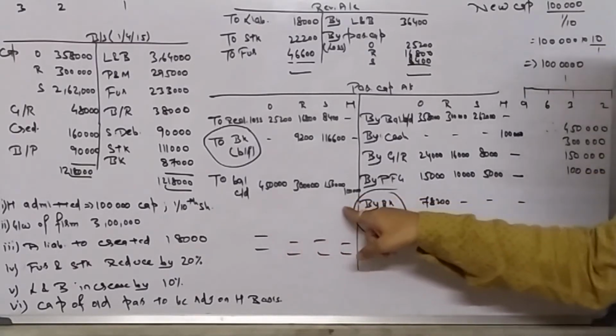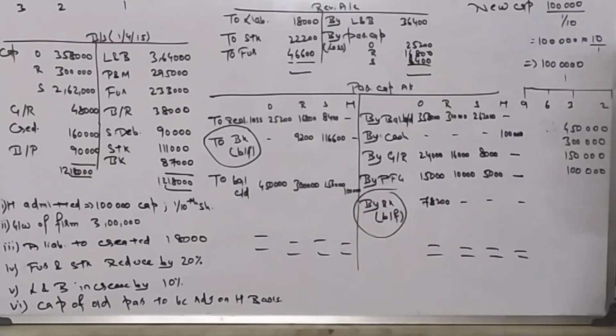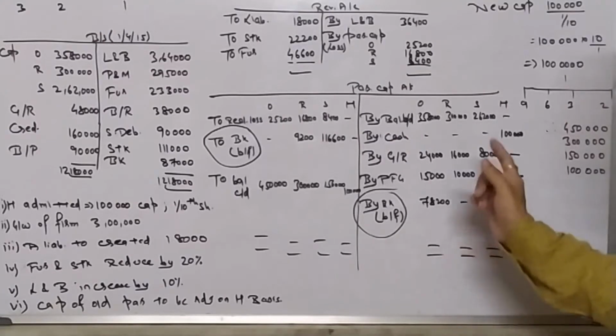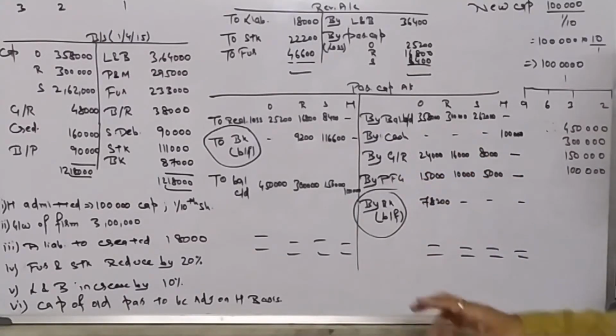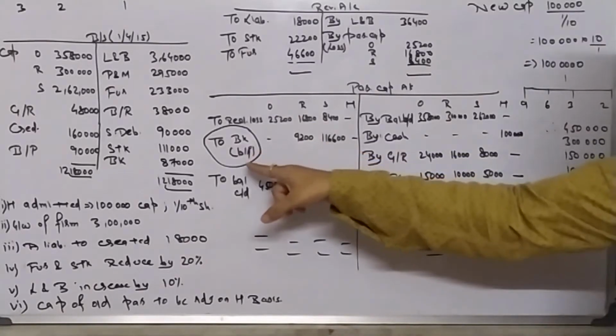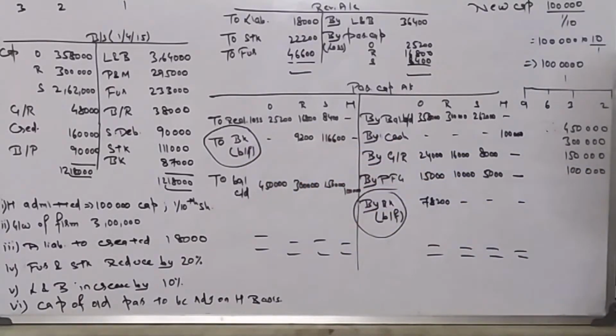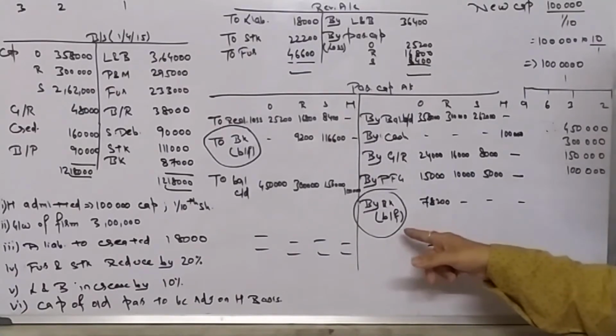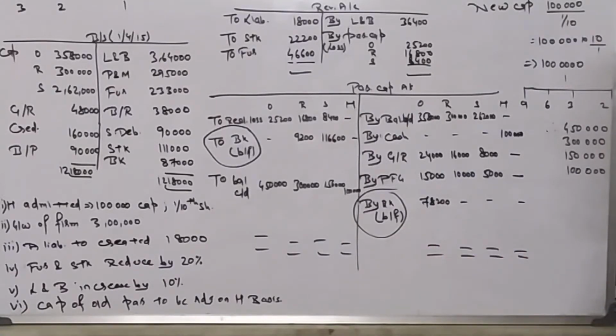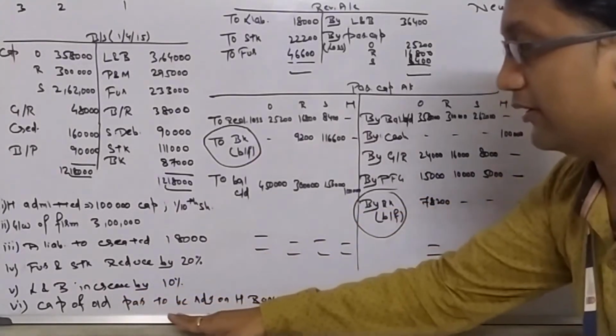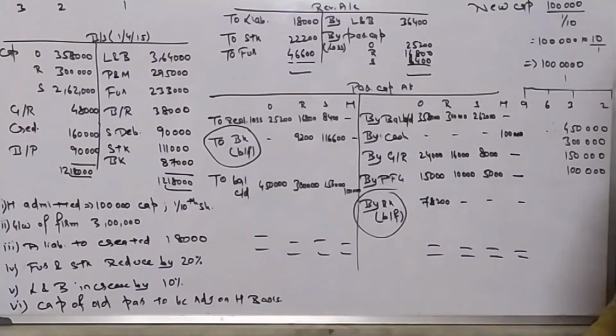Because I have put this figure by my own will, both sides will not match, and both sides should get closed. So to close the account, we use balance c/d. Here we will use to bank or by bank. If balance is short over here, I have written by bank and the balancing figure here. And if balance is short on this side, I have written by bank balancing figure over here. This is how we treat old partners' capital adjustment on the basis of new.